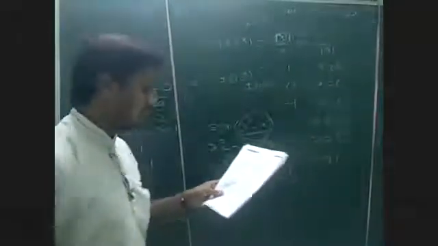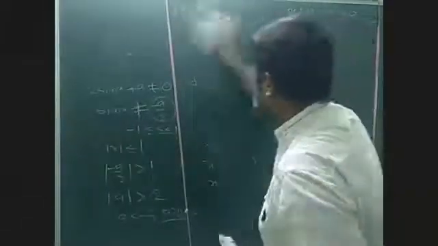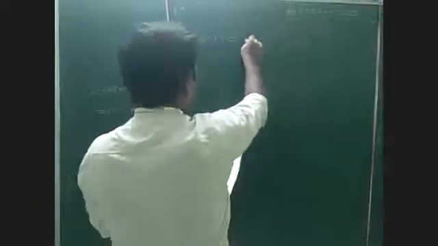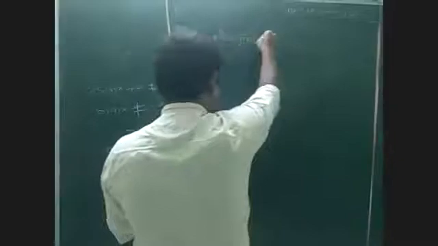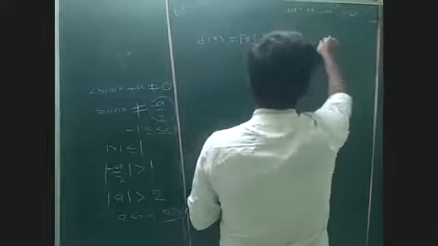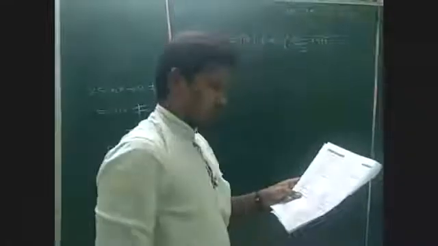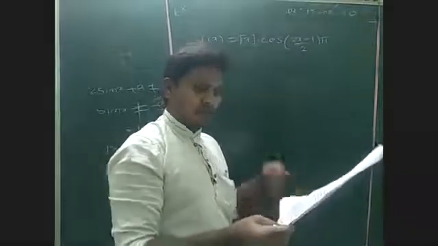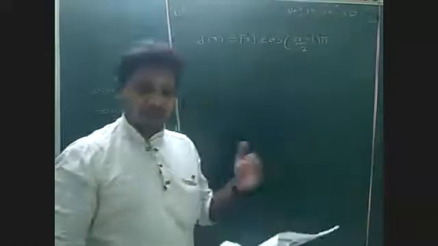Can you tell me what is the answer for this? Here the 30th question they asked in 2012. f of x is given as the greatest integer function of x into cos of 2x minus 1 by 2 into pi, where the bracket x denotes the greatest integer function. f is continuous for every real value of x, discontinuous only at x equal to 0.